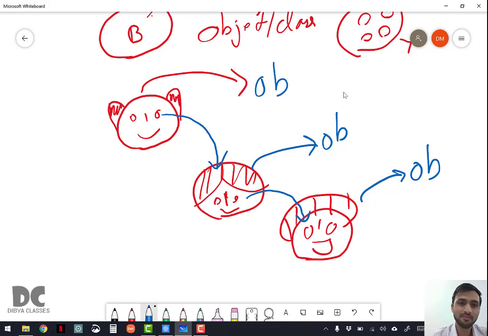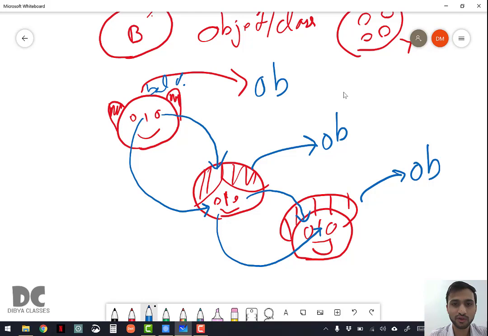Okay. Or for example, your grandfather has a long nose, and therefore your father also has a long nose, and therefore you also have a long nose. Or your grandfather is bald, so your father is also becoming bald, and you also know that in future you will also become bald. So these are the properties you have acquired from another object. So you acquiring properties from your father is known as inheritance.